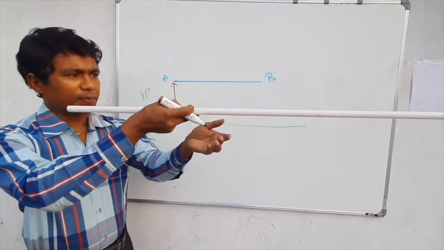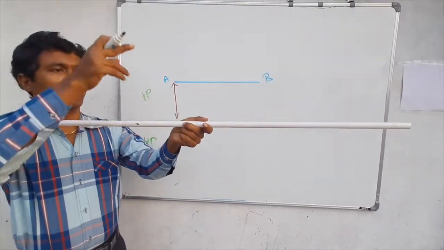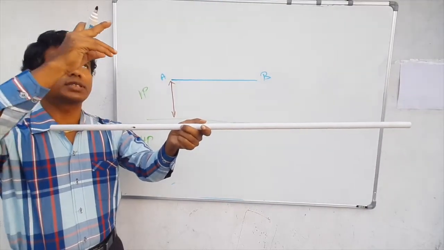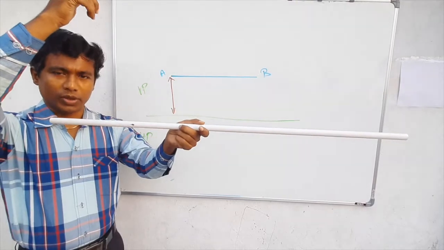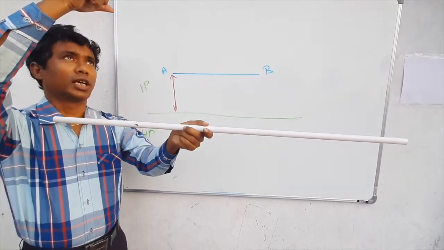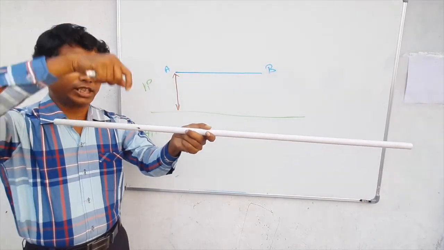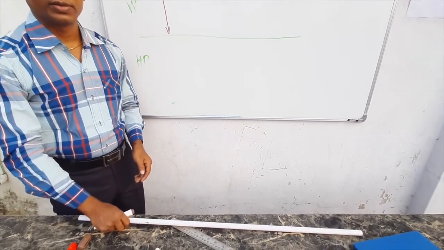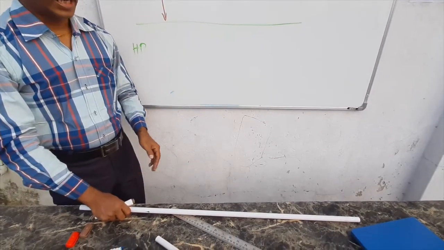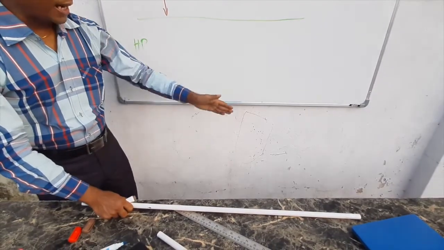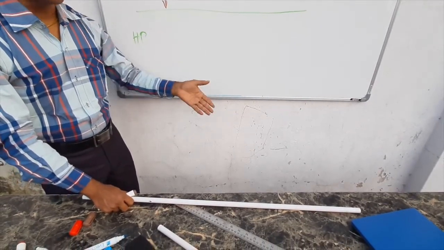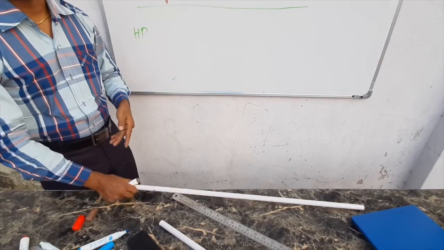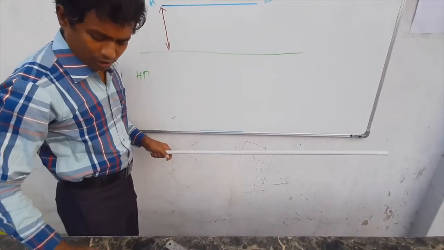Again, keeping the object the same, look from the top. Look from top means get the source of light, your torch, above it, and get the shadow on the floor or table. Again, it is also parallel to the reference line. You can visualize this parallel to the reference line. So, how can we draw?